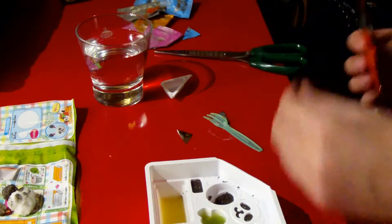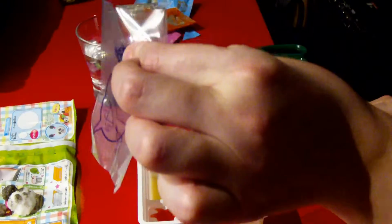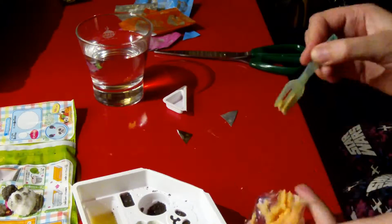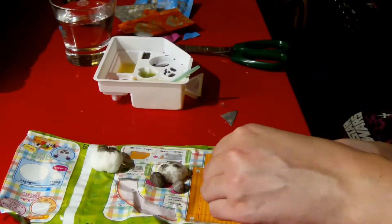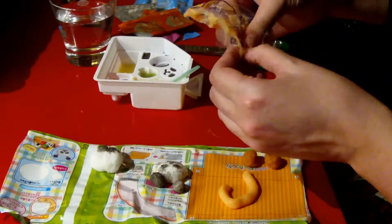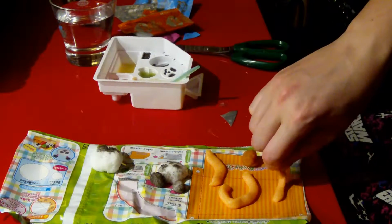And this is also our last actual baggie that we have to make. Take this clear baggie that I showed you at the beginning and put it in there. And we have to close it and squeeze all of it to the corner. And then it tells me to cut off a tiny bit. I think I made my hole a bit too big, so it's coming out really thick actually, so thick spaghettis for me. Maybe they could add like a marker for how much you have to cut,